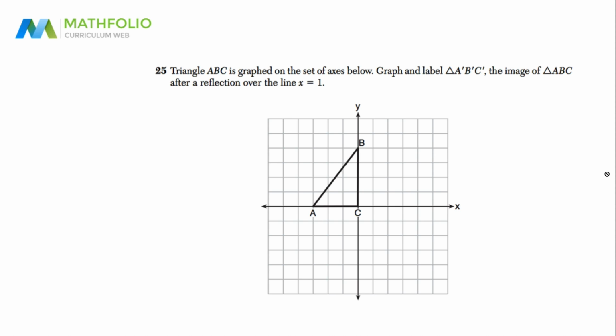Okay, so this is now part 2 of the Regents test. This is where question 25 starts off the section. So let's take a quick look. We are told that this triangle called ABC is graphed on the set of axes below. Graph and label A prime, B prime, C prime, the image of the original, after a reflection over the line X equals 1. So a lot of students get confused when X equals 1 or Y equals 1, how to